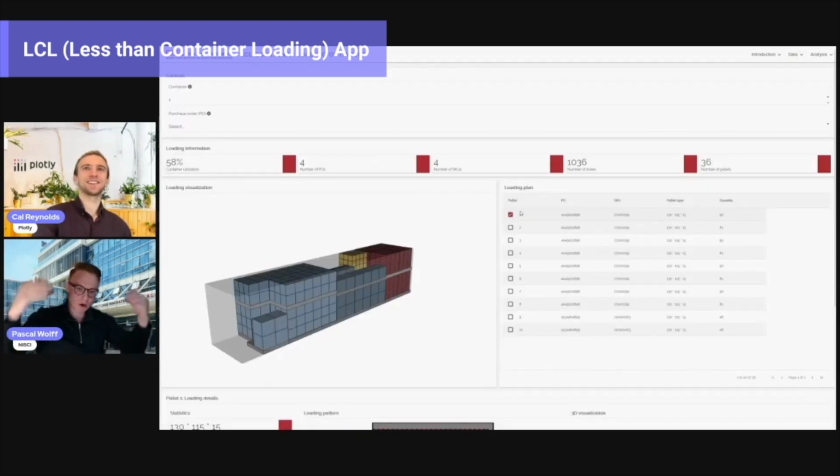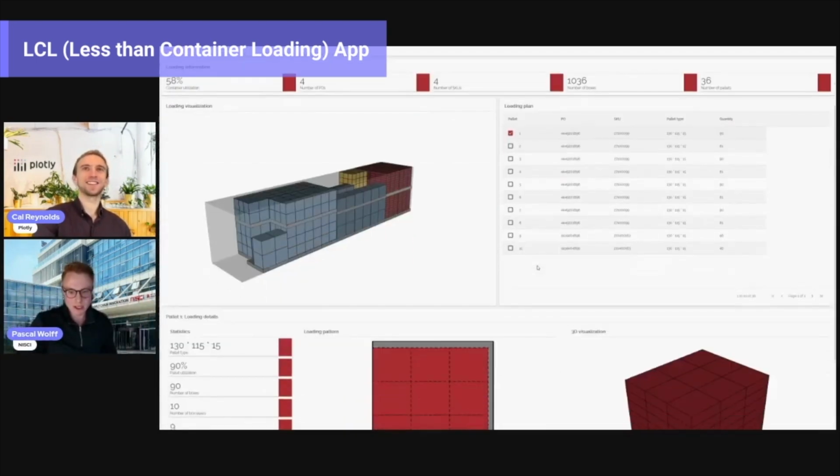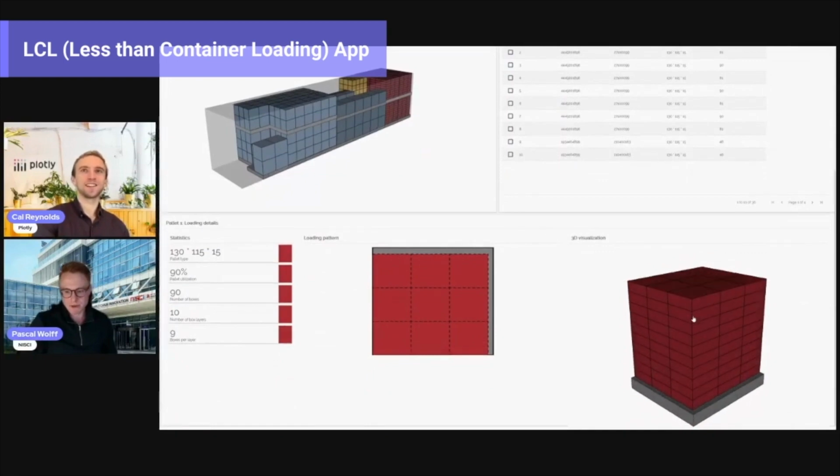So they can actually go through this loading plan one by one and receive further information on the bottom here, which helps them to palletize. Palletization looks easy, but it's kind of cumbersome in reality. It's like playing Tetris. They get some information regarding the pallets they need, the utilization, how many boxes go in